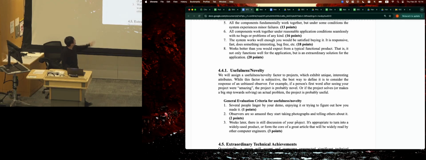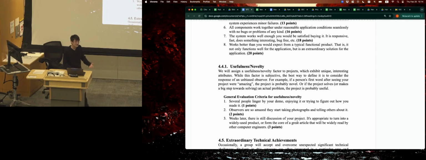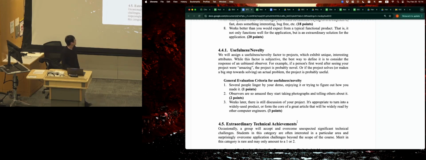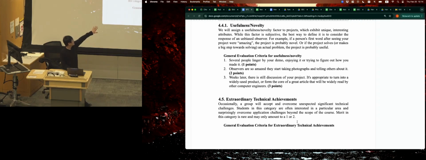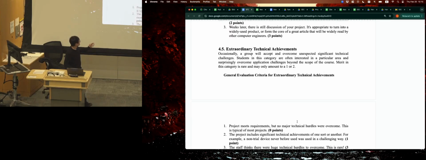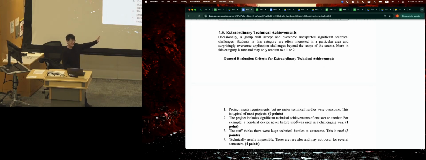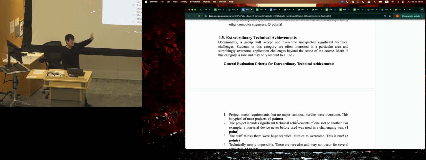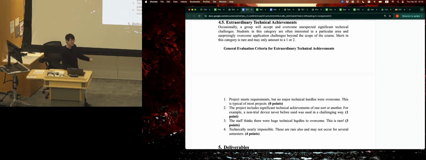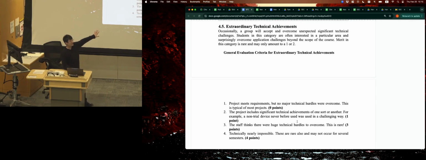And yeah, we also give some credit for the novelty of your ideas and the solutions you have. This one is a little bit of a long shot: we have extraordinary technical achievements, and it only weighs on the top 4 points. So shoot high, but also know that if you're running late, this could be the part you think a little bit less about. Basically, it's going to be very hard to get 4 points on this, so